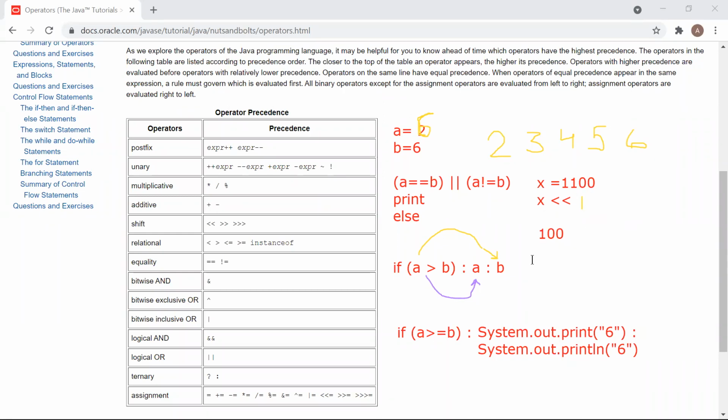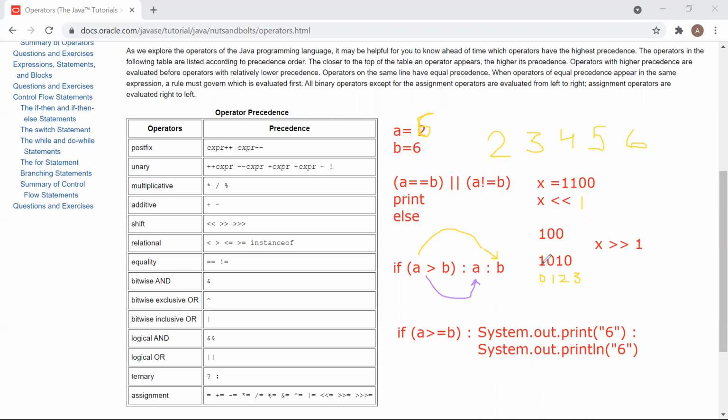Let me give you one more example. Now I say you shift this toward right by 1. Okay. So how you're going to do that? Let me write down the positions of this: 0, 1, 2, and 3.